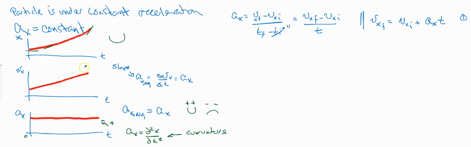You see positive curvature. So every time you have constant acceleration, the velocity will change linearly, and the position changes with a little curve, happy or sad, depending on the sign of the acceleration. So these are the three plots for constant acceleration. Now look, from the velocity versus time graph,